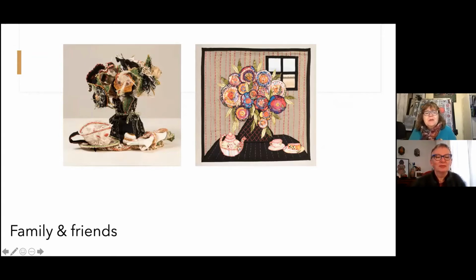And this particular piece with the little cup is a 3D piece, and this is probably a piece that started me truly on a journey of using salvaged fabrics, or fabrics that people didn't have a purpose for, and I found that it took the stress away